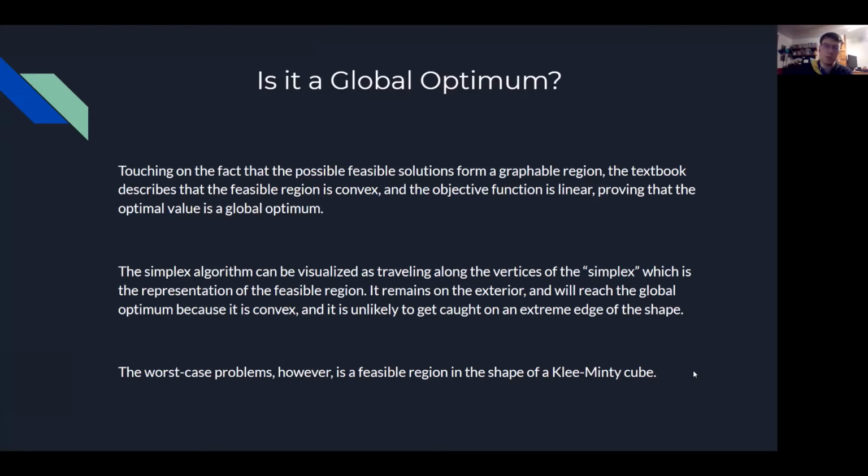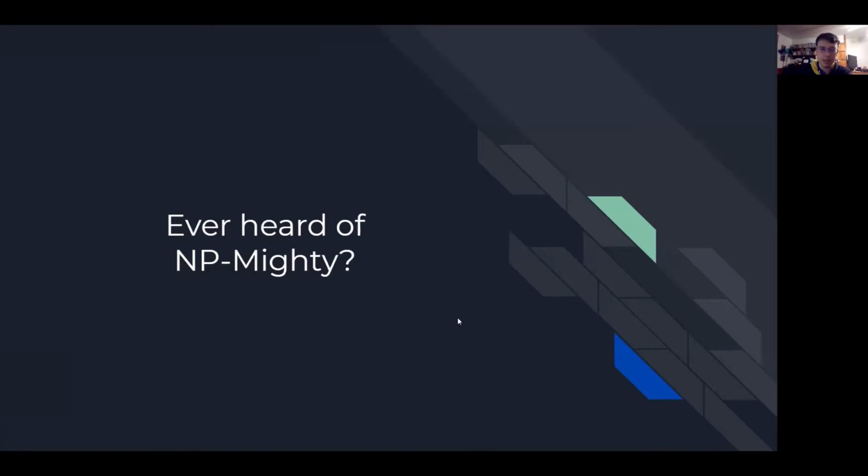What that ends up doing is it forces the simplex algorithm to travel to each vertex, of which there are 8, and then to make up for the lack of concrete time complexity in proof,